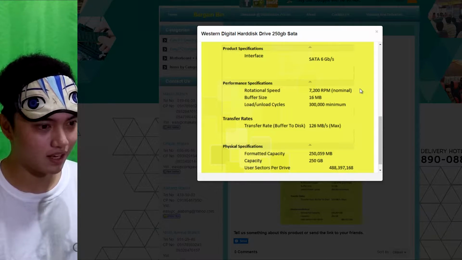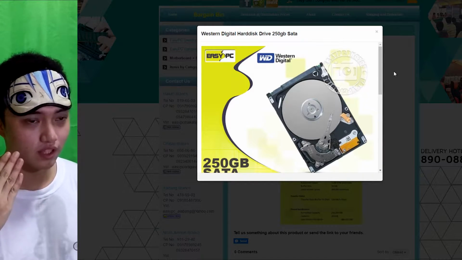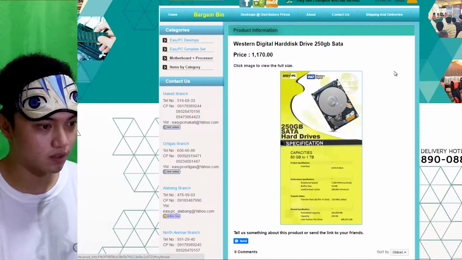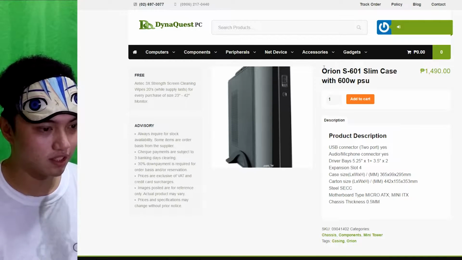This is the only part that I didn't see at DYNAQUEST PC. So the past 3 components have been from DYNAQUEST PC, and this is the only part that I saw on EASYPC. So yeah. So the case that we're gonna be using is the Orion SO1 Slim case with the 600-watt